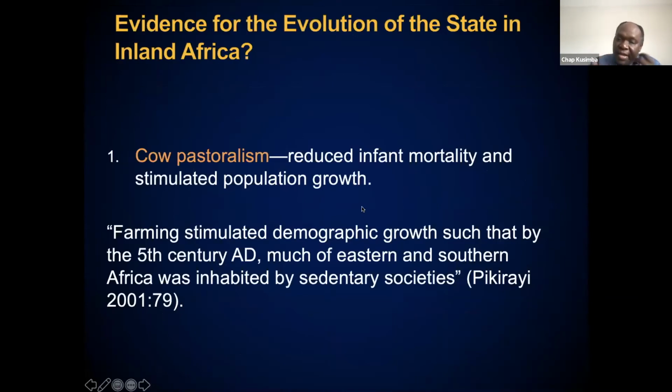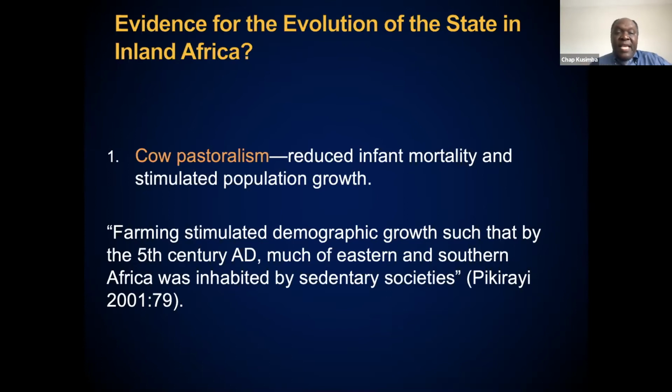But I want to go back and lay the basis of what made Africa an attractive place. Nobody's going to travel and risk their life across these high seas and come to Africa if they have nothing to offer. This is something that we have completely forgotten. So when you look at the African story, particularly the inland story, that is so persuasive, we see very early on in the early part of the first millennium,